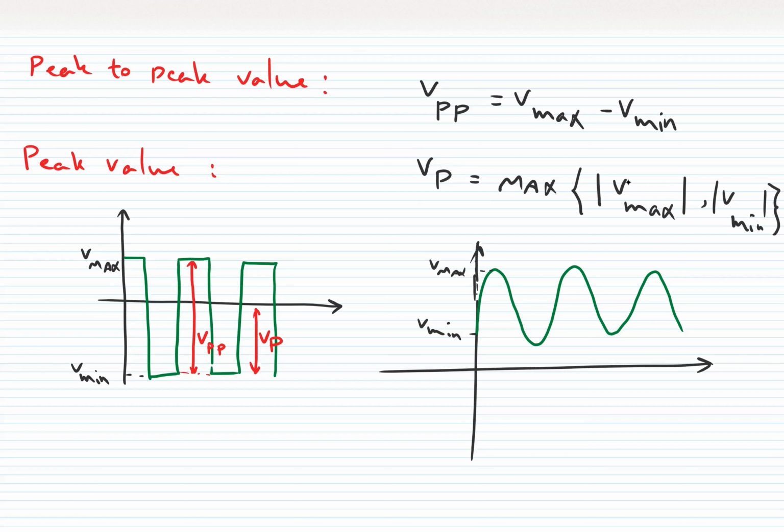V peak is from this point, which is V max, to 0. So here is V peak. And V peak to peak is the difference between V max and V min. So here are the first two types of